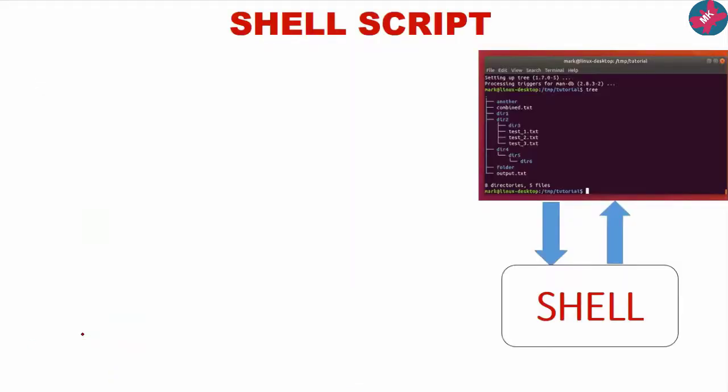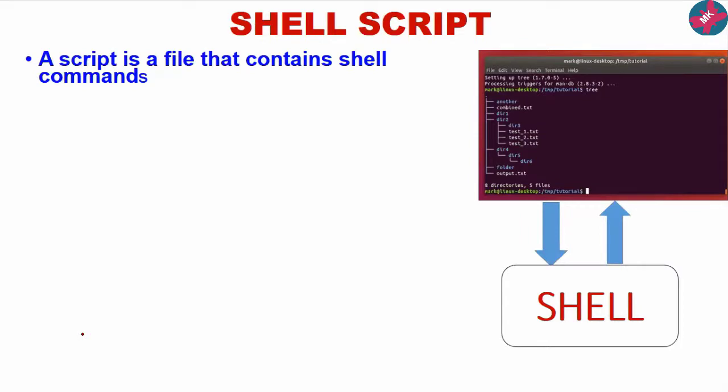Let us give the definition of a shell script. A shell script is nothing but a file that contains shell commands. Today we are going to understand how to write these commands. The main thing is that you should always remember the extension of the script file is always .sh.